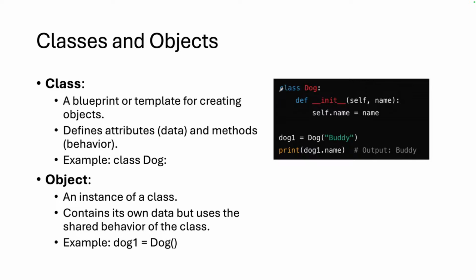How do we create a class in Python? We're going to use this Python keyword, class. Sorry, I just realized this is not displaying up here. We're going to use this Python keyword class to define our class, and then we have to name our class. Just like in functions, we have to name our function. Here in classes, we have to name what our class is. So we're going to name our class Dog. The colon indicates we're done naming our class.